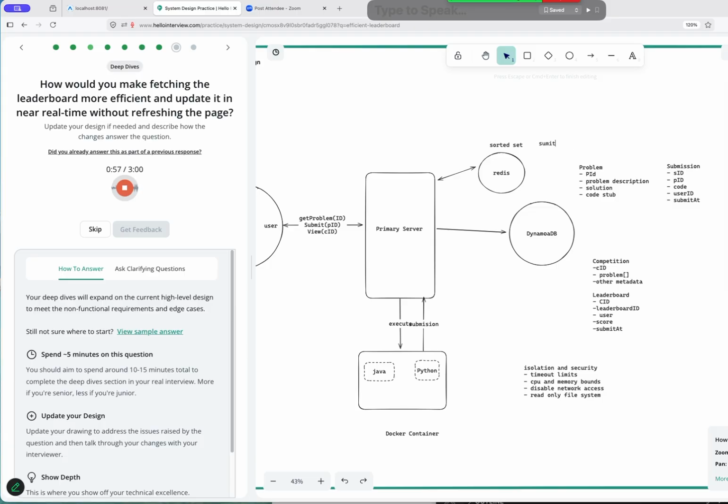The Redis would store submission ID and scores, something like that, or user. And for the leaderboard, I would use the competition ID, CID. And when a user views the leaderboard,